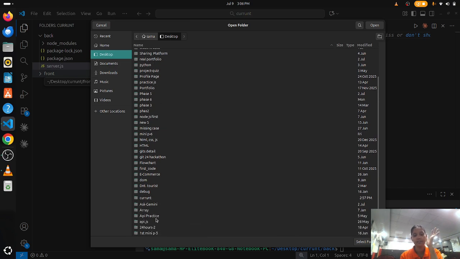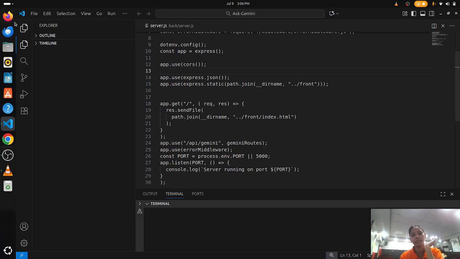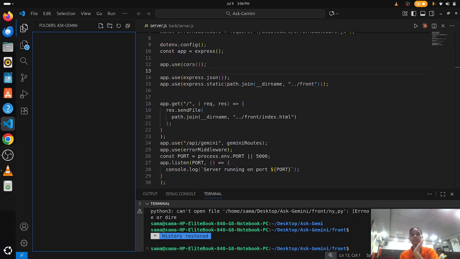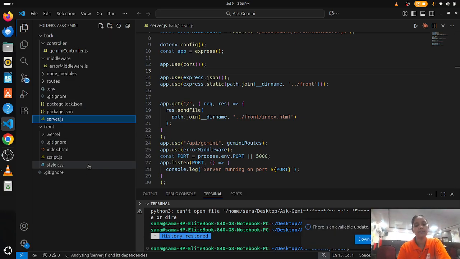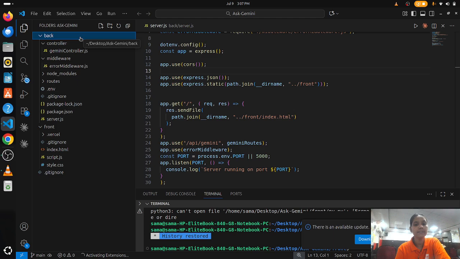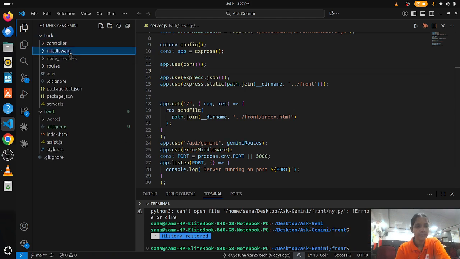Okay, so let's see the main project, where I will share my real basic file structure. In this project I use middleware and controller, and this is a simple, basic, clean file structure. You can see back is the root folder, and inside back I created three folders: controller, middleware, and routes.